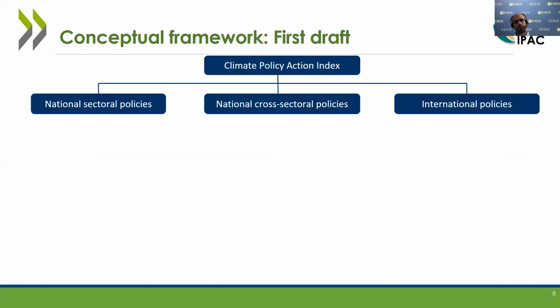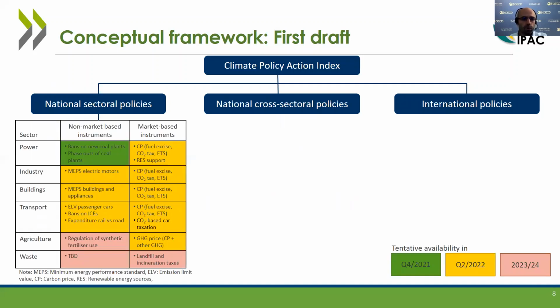So now let me come to the conceptual framework. So we envision the CPA to have three broad building blocks: national sectoral policies, national cross-sectoral policies, and international policies. And let me first go through the color code here. So green means that it will be available by the end of this year. The yellow means that it will be available towards the second quarter of 2022. And red means that it will be available in the long term, meaning somewhere in between 2023 and 2024. And let me also say that those color labels are actually a preliminary assessment, so that can also change in